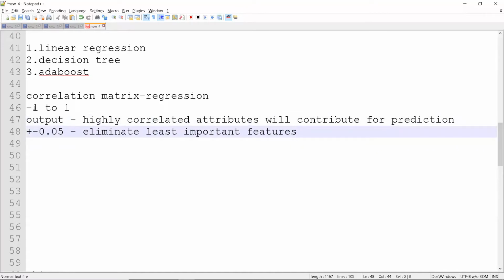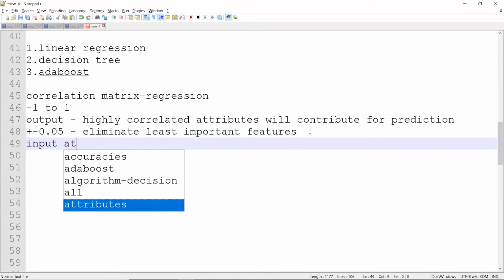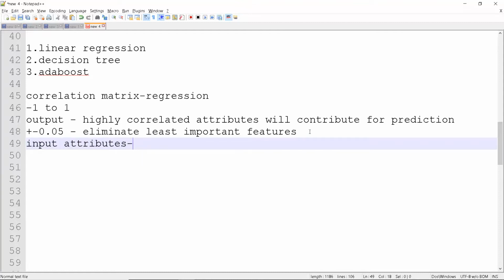So another one is in correlation, we have -1 to +1. Even between the input attributes, we'll be having some high correlation. Let's take an example.